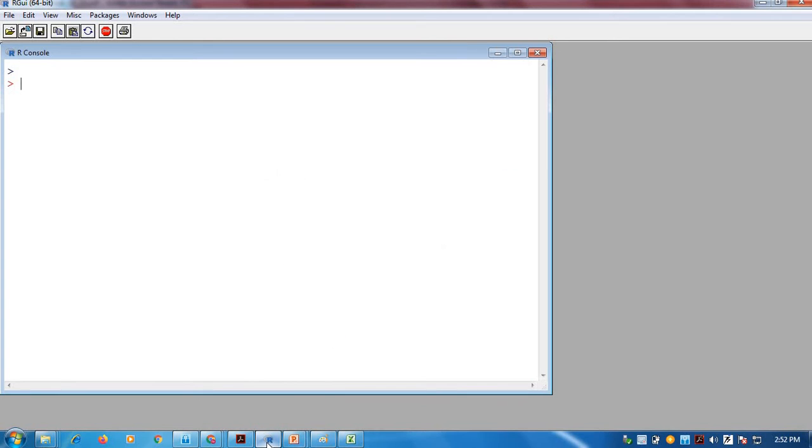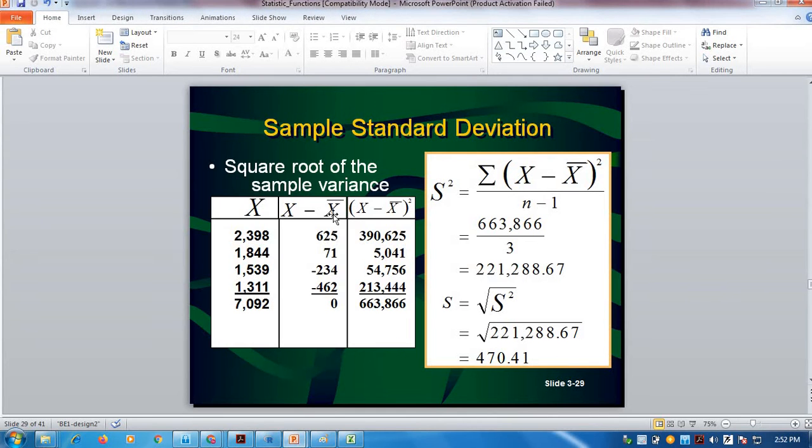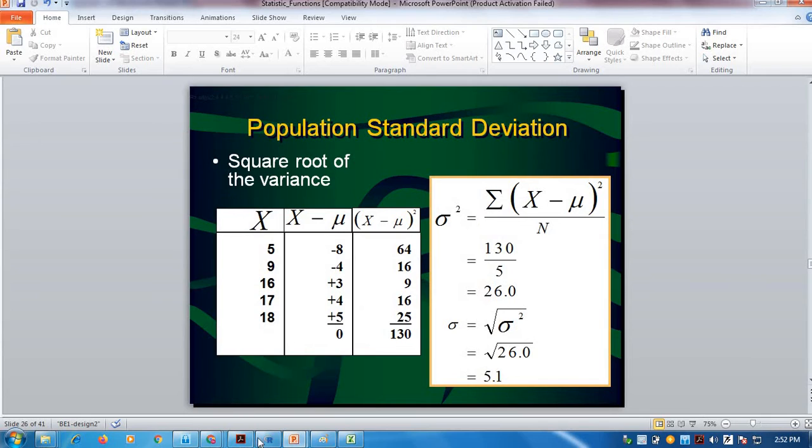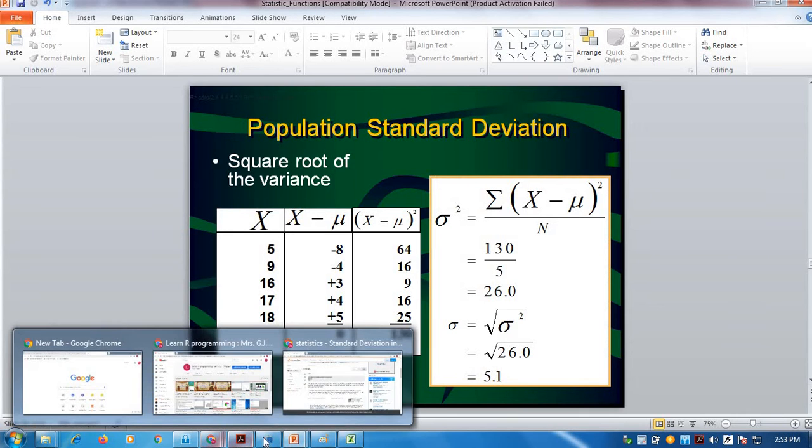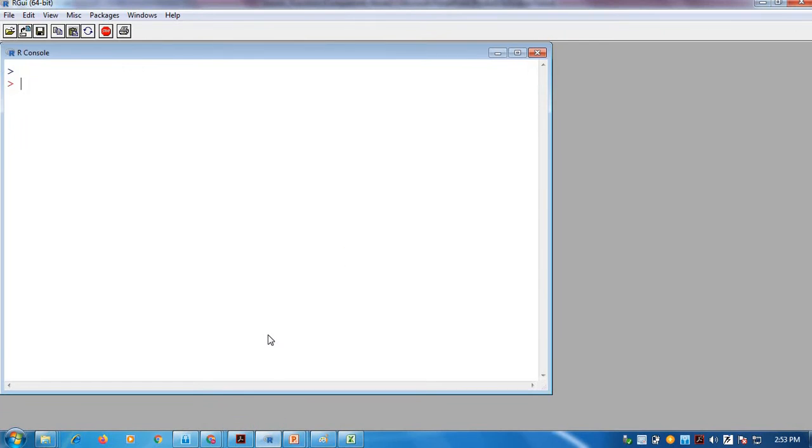So we will try one example. As I have discussed in the PPT, the same example I will be taking. It has a vector with the values 5, 9, 16, 17, 18.